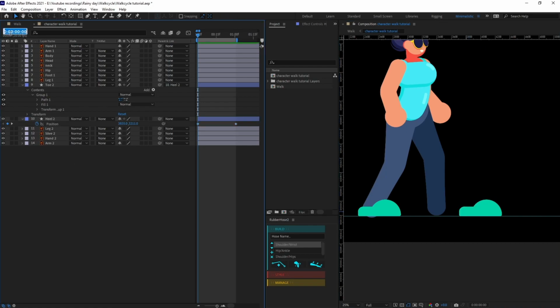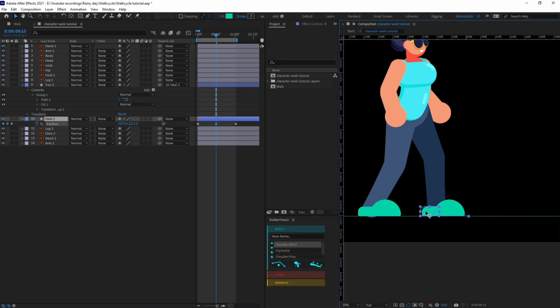After that, we are going to jump on to next 15 frames. Select this layer and bring it backwards. So this is another contact pose. Let's erase it. Alright, so from this point, we are going to jump on to next 8 frames. And let's bring in and just move this layer a bit above like this.